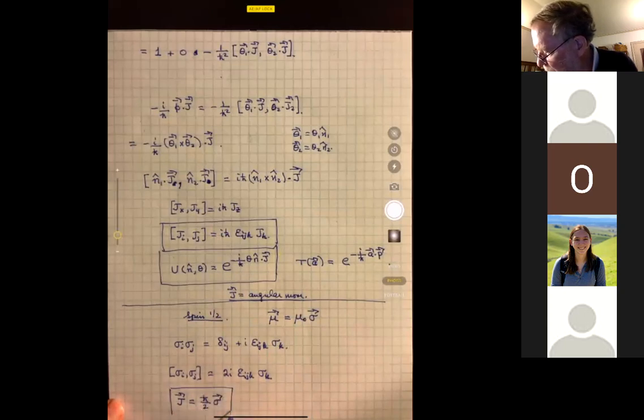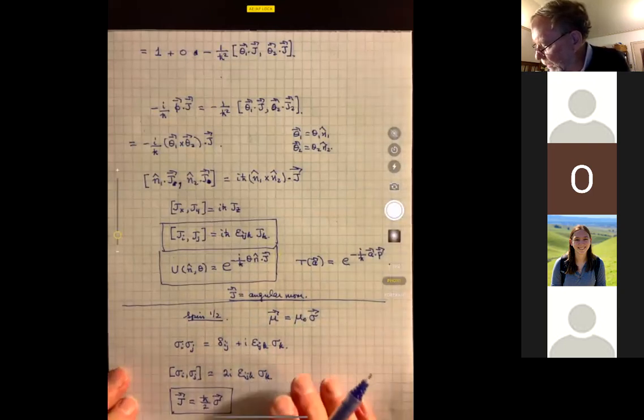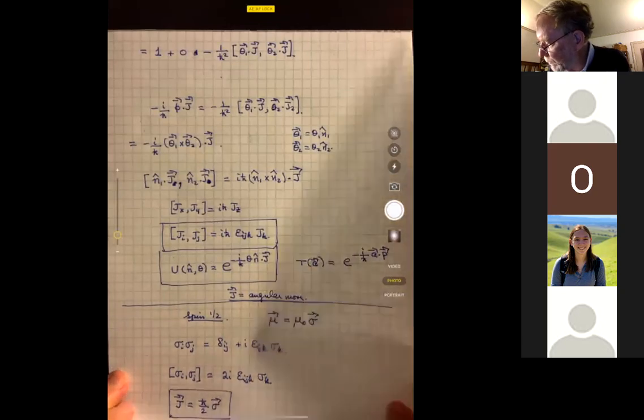So this then amounts to, the way we're presenting this amounts to a guess for the angular momentum operator for our system of silver atoms. And the question is, is it right? Well, if it is right,